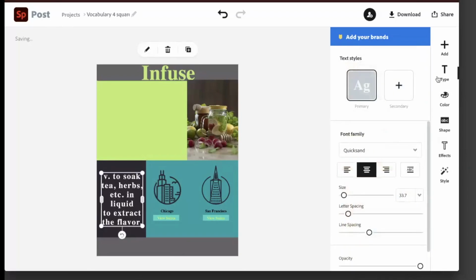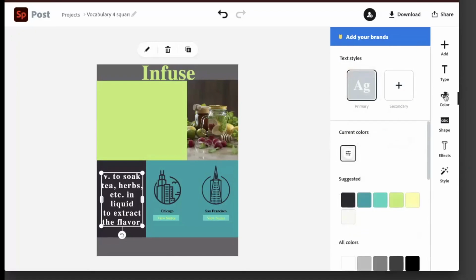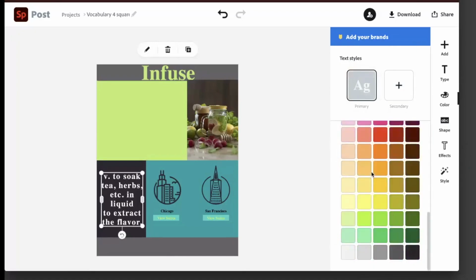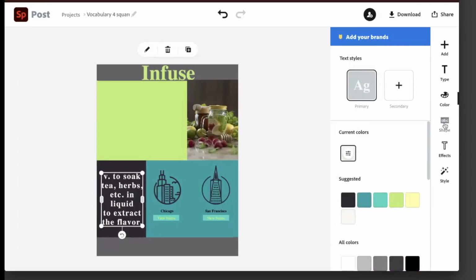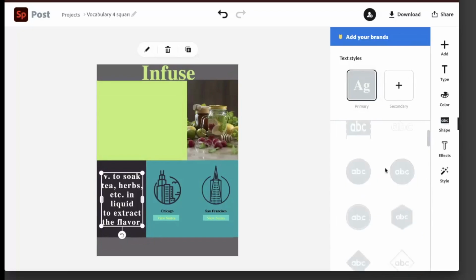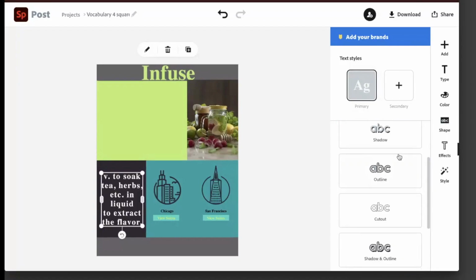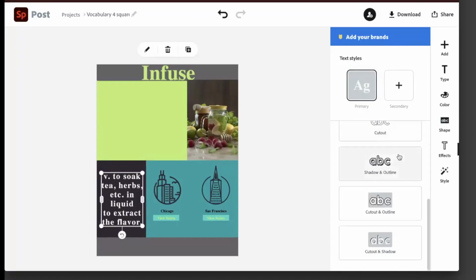Now, there are some additional text options on the right in addition to color. And again, I can do any color in the rainbow, any color available. I can take a look at the shapes. There are different shapes that I could choose from for this particular text. We have effects. I can add a shadow or a dotted line or cutout. And then last is